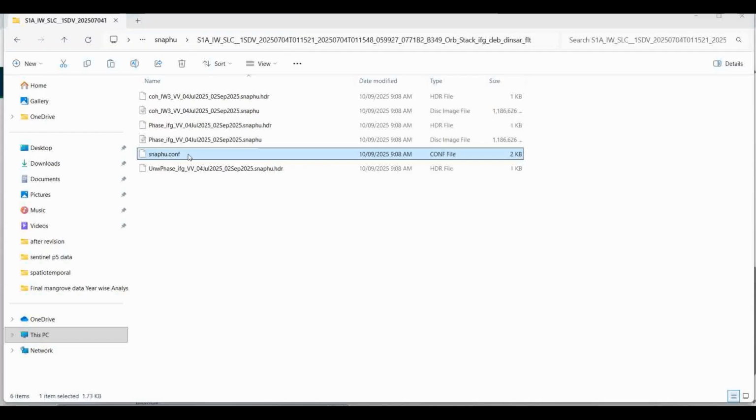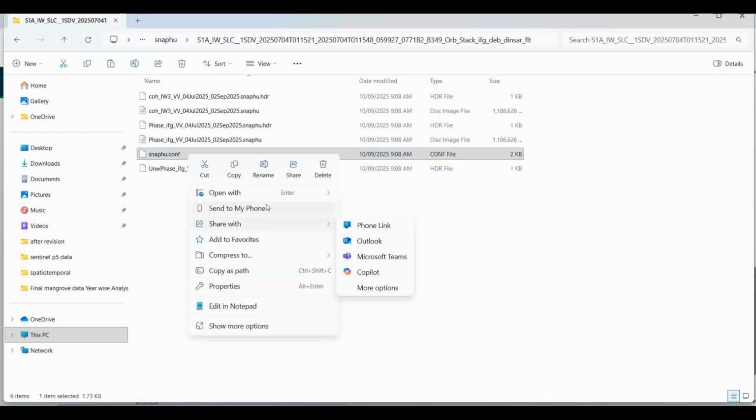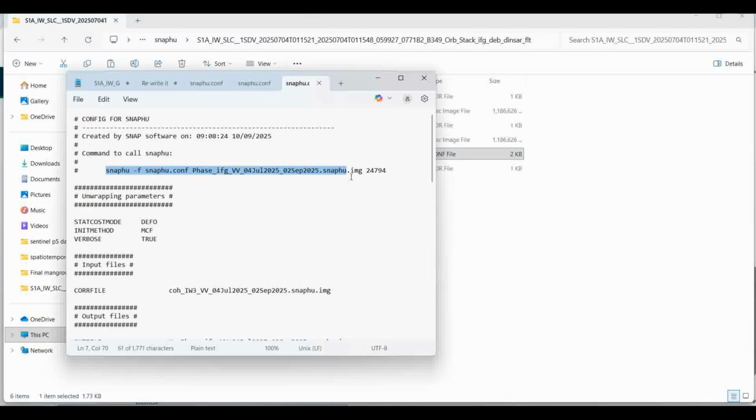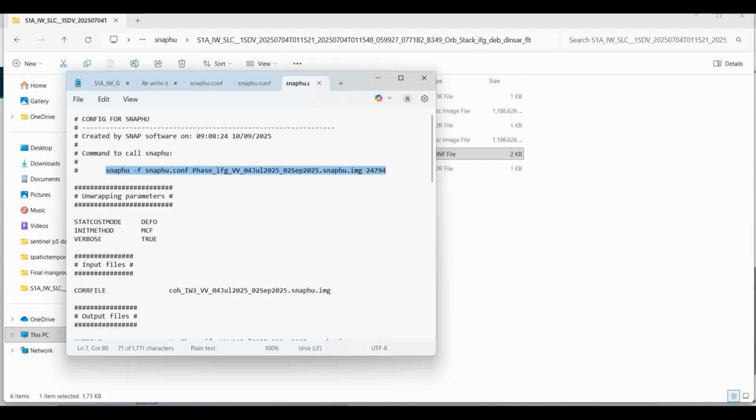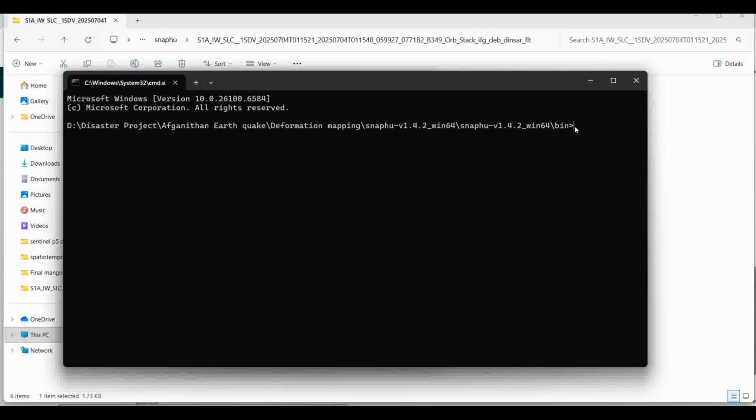Come to this folder, right click and open with Notepad, and this is the file format which you need to copy and paste. Here there is a very important step, as I told you: you need to select this file, copy it, come to your command file, and paste it in the same bin folder. And if you click enter, I am not pressing enter, because if I do, it starts creating the file,